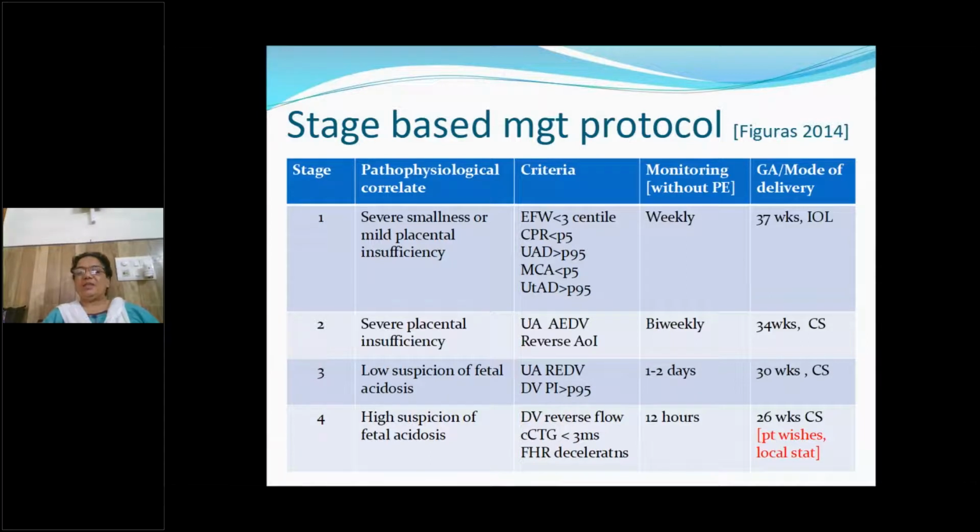But again, in these situations where we deliver the baby very preterm, we need to take two precautions. One is giving magnesium sulfate. Number two, check with your nursery. If the baby is at 26 weeks, there is no bed in the nursery, or your nursery says, no, madam, we cannot salvage a 26 weeks baby, then do not do the cesarean. Inform the patient. You can transfer the patient to a facility where care for a 26 week baby is available. So the timing and mode of delivery will depend on the institutional facility and what the patient wants.